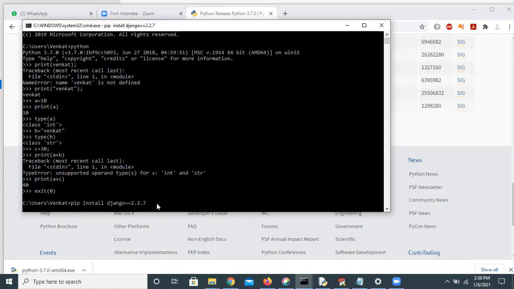Suppose in my system it's already installed, then it is saying the requirement already satisfied. Then we will check. It's going to install.